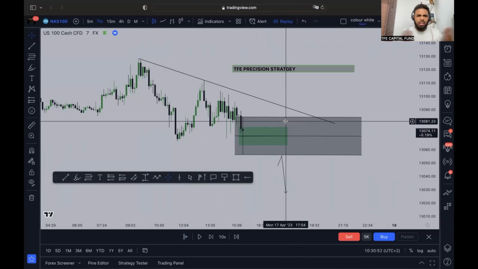Okay, you still understand? Let me show you guys. This is a higher high, right? Then what happens? Lower high, lower high, lower high, lower high, higher high, higher high. You see, it changed trend. So the trend for the day is bullish. It went from bearish to bullish, right? Now let's check this out. I'm going to show you guys.